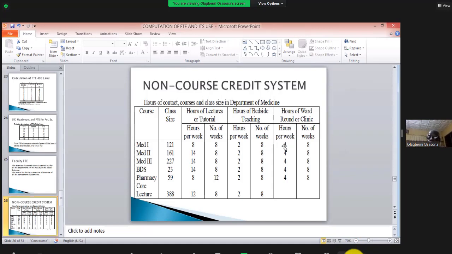The same thing you do for ward round. If it is for 8 weeks, we divide 8 weeks by 15, and because it's like practical, you divide the number of hours by 3. You do that for all the